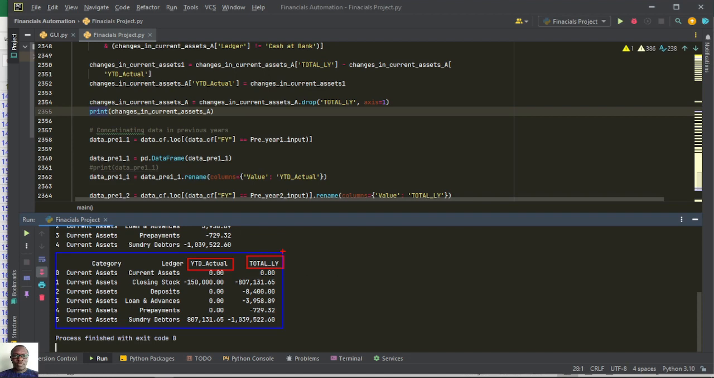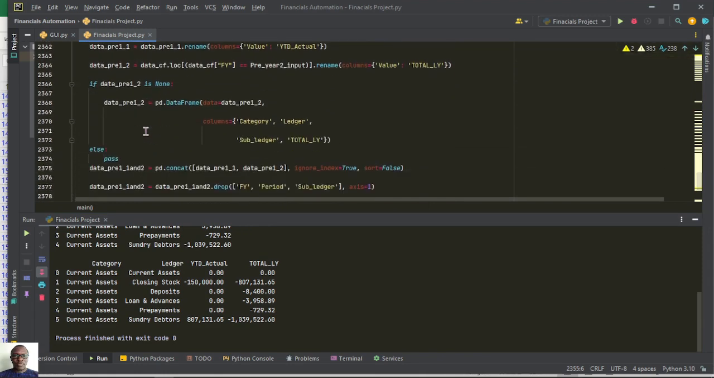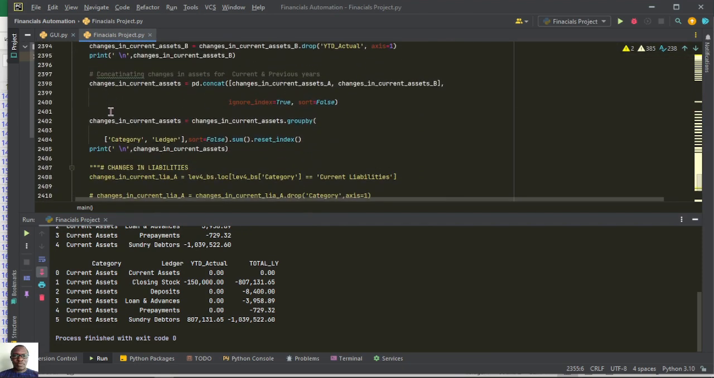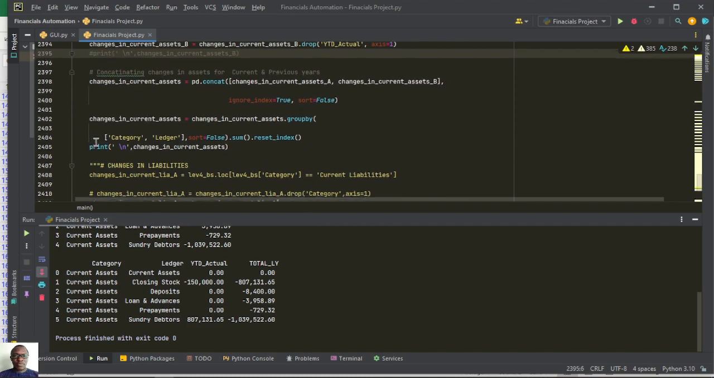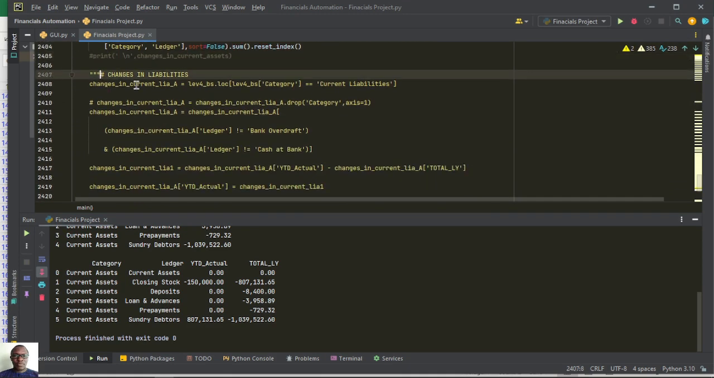So now we are done with the changes in our current assets. So now we want to move to changes in current liabilities. So changes in current liabilities should be our next. So the same principle that we used in changes in current assets is the same principle that we'll be using in changes in current liabilities. So let me just uncomment out the changes in current liabilities code,